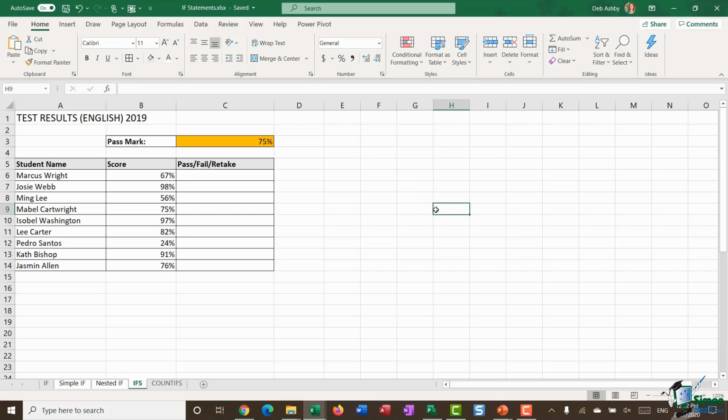So let's take a look at how the IFS function works. I have an example on my screen here, and this is just some test results for an English exam. I have these student names, I have their score, and what I want to determine here is whether they passed, failed, or if they need to retake. Just above, I have the threshold, the pass mark they need to achieve. Essentially, if they score above 75%, they have passed. If they score below 75%, they have failed. And if they have achieved exactly 75%, they're going to need to retake the